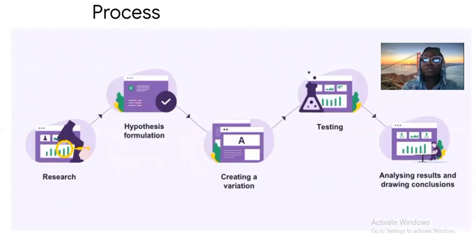So how do you now do this A/B testing? So the process is linear. The first thing you need to do is conduct research on how the website or the ad or whatever you're trying to test actually performs currently. So once you have that, you also need to know how the users of the website or the solution actually behave. So that's one. You also need to collect data about the customer flow, the user flow.